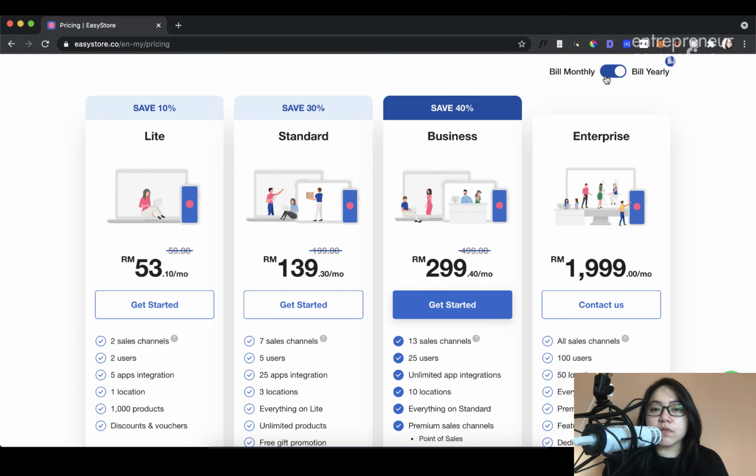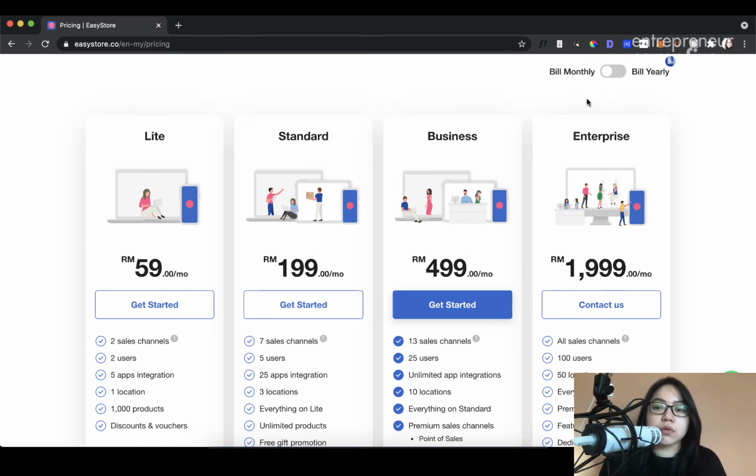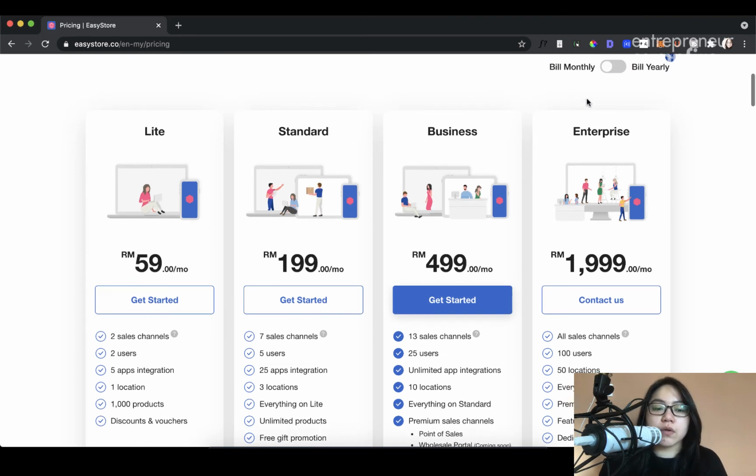If you don't want to pay annually, you can go for the monthly. It's 59 ringgit a month on the Light plan, 199 for the Standard, and 499 for Business. The Enterprise plan doesn't change, but I don't think this is a plan that you can buy outright, so you have to contact them for this.